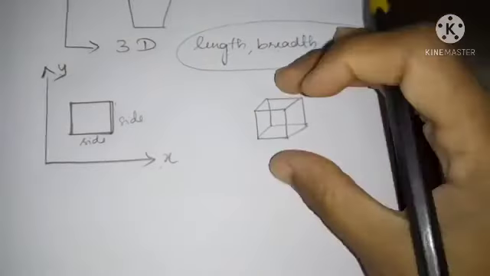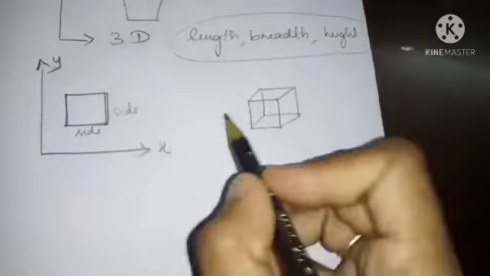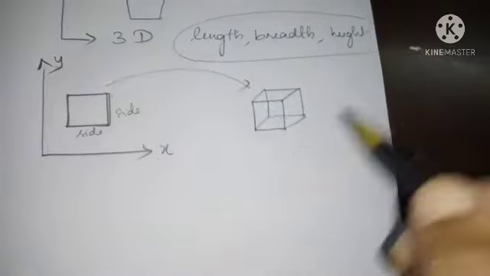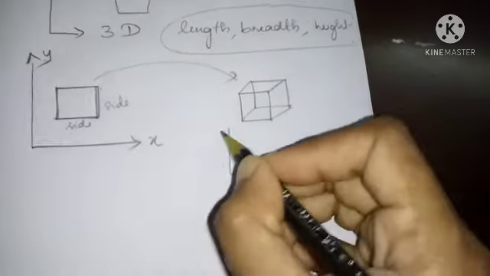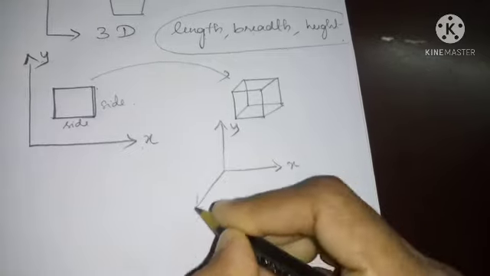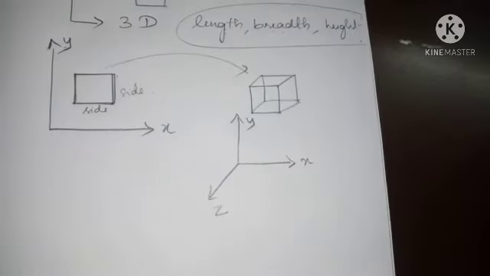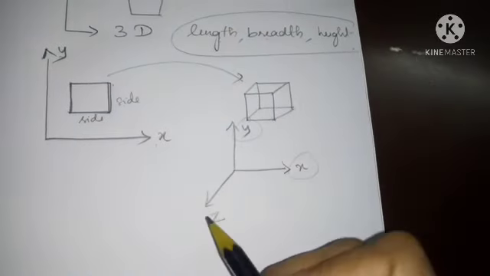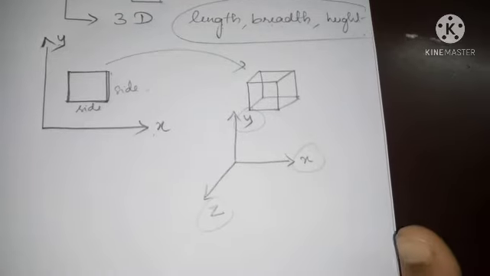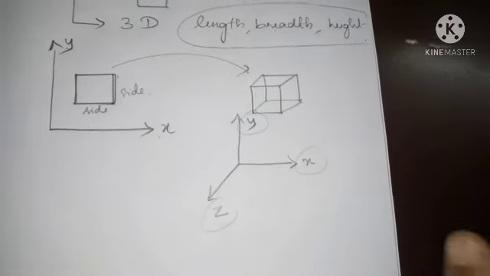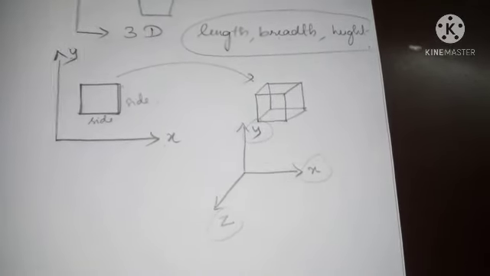Okay, sorry, cube, not cuboid, it is cube. This is a 3D shape of a square. This will have X-axis, Y-axis, Z-axis. It will have how many axes, children? 3 axes will be there. That is what it is called as three-dimensional. Okay, the main thing, children.